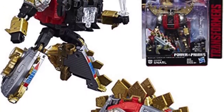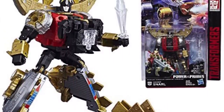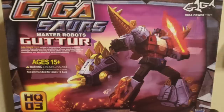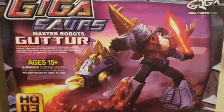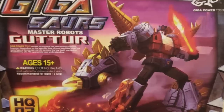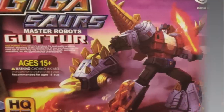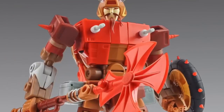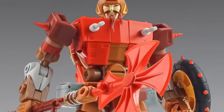The most recent version isn't in the masterpiece version, if you will, so it's a slightly different aesthetic. And again, they'll change the name to what is this one, Guttor, but you know who it is, and you can have it standing right next to your Hasbro masterpiece Grimlock, and they look like you just have a perfect Dinobot collection. So that's a big allure of them, is that they're figures that fit into your Transformers collection